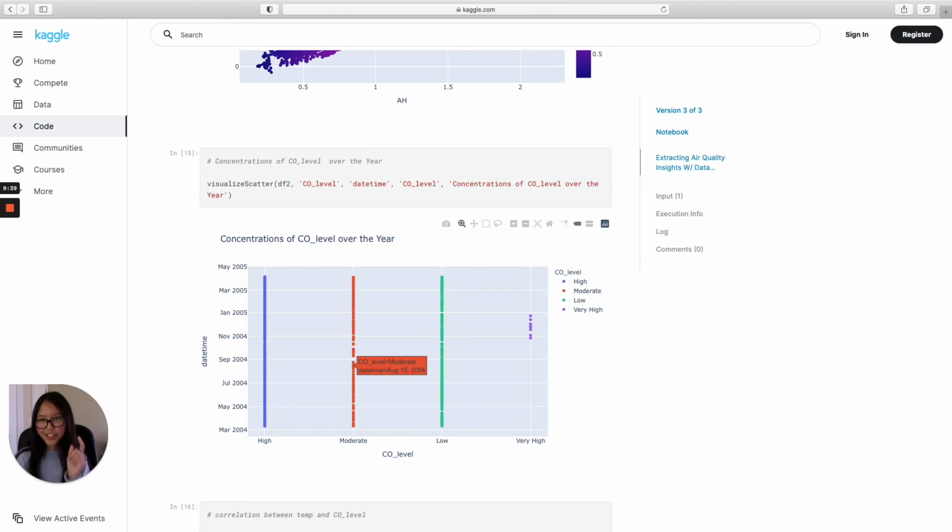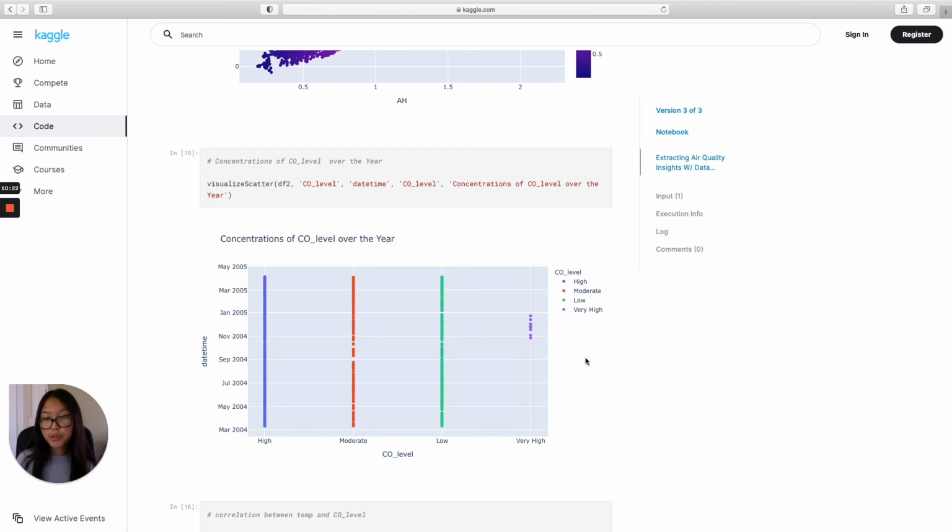Now this was actually really, really interesting. We're taking a look at concentrations of CO level over the entire year, and we can see that high, moderate, and low have stayed very, very consistent. They're pretty much dots for every part of the year time span, except for very high. Now, there are only 12 instances of very high anyways. However, we see that the very high dots have a strong correlation to each other, and they exist sometime around the October to December time span. So we could again extrapolate here and say that when it becomes colder, people are more likely to use vehicles, and that could be because when it's colder, people are less likely to bike,